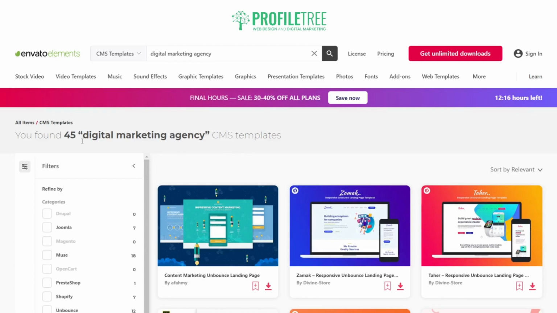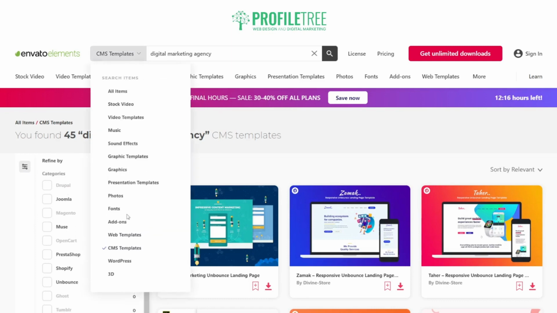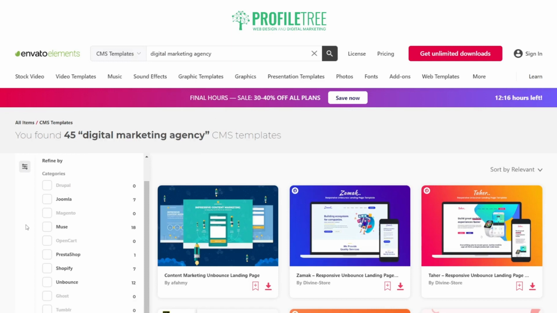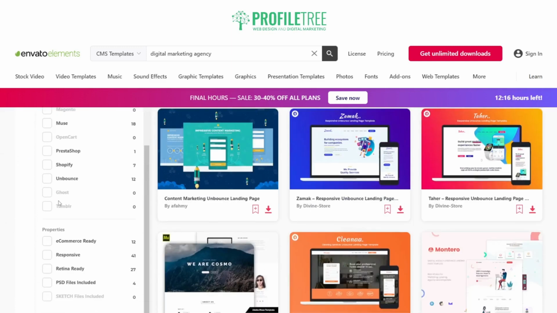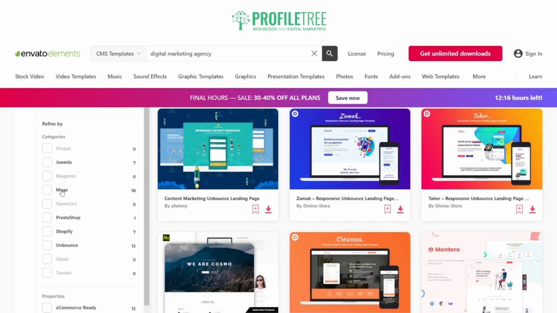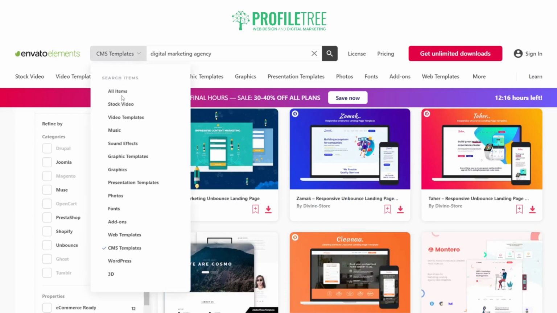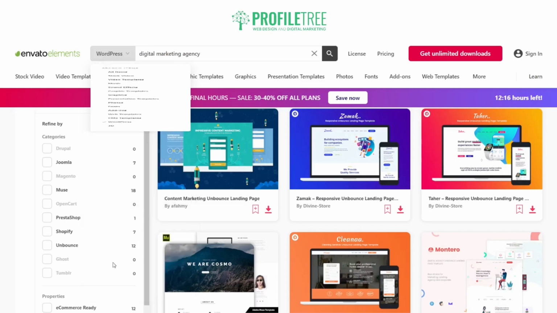Now there's 45 digital marketing agency templates that have been selected. So here we can refine for category. We in particular are looking for WordPress, so there is a WordPress one there. But if you are using different development tools such as Joomla, Drupal, Magento, which is now run by Adobe, you've got Muse, PrestaShop, Shopify, Ghost, Tumblr, so a load of different website CMS builders. We in particular, of course, are looking for a WordPress build, so we'll take a look at WordPress here,